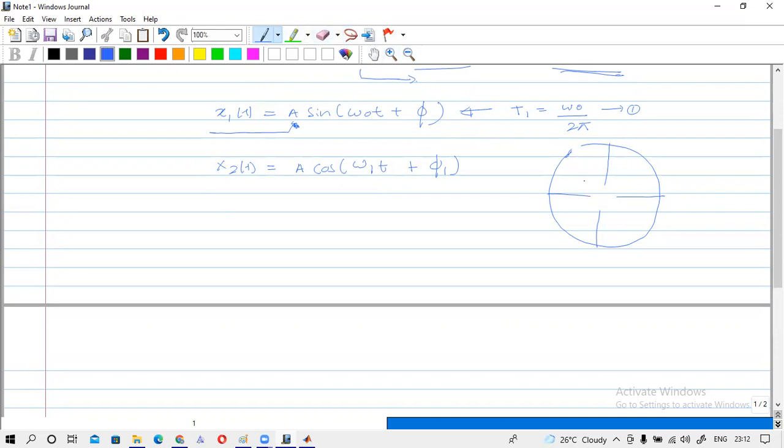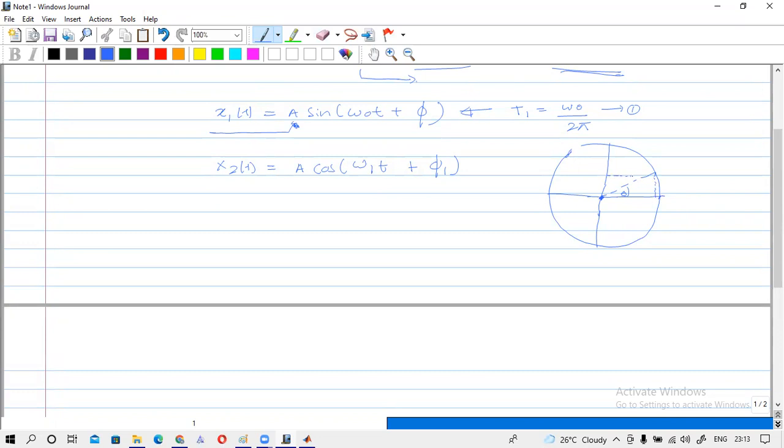This is the center of the circle, and if the radius is A, you can remember that for any t value,